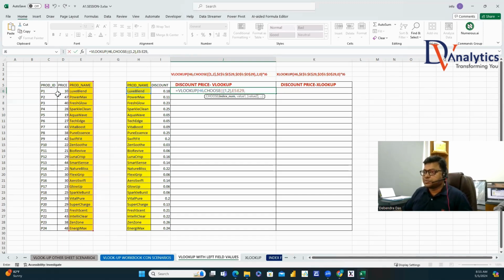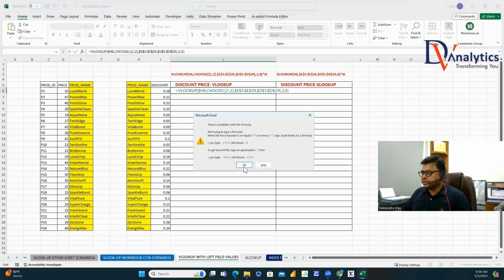Then where are your corresponding field values for price coming? These are the field values for price. Then after this, you close this bracket. You want to get the column index of 2 and range lookup is 0. You do that. And what you see here, when you drag this H6 to H7, what is fixed here? Column H. Now, what else is fixed here? It is fixed by this array. It is also fixed by the corresponding fields array as well. If you drag them here,